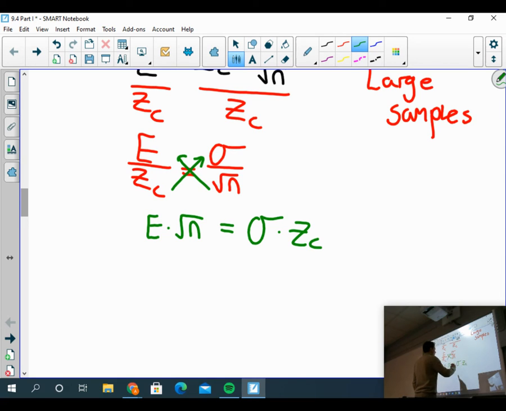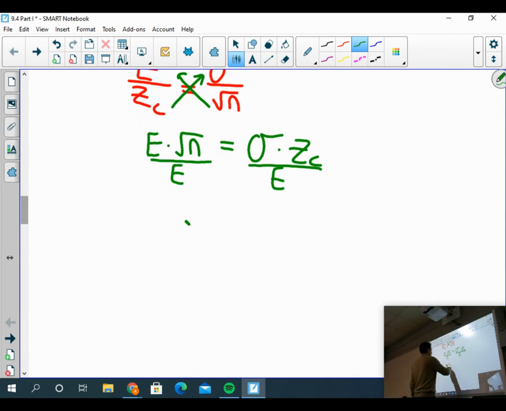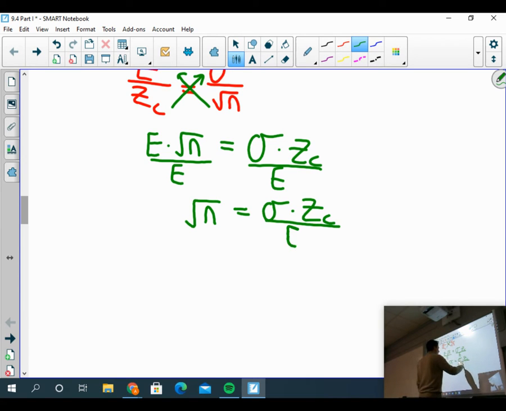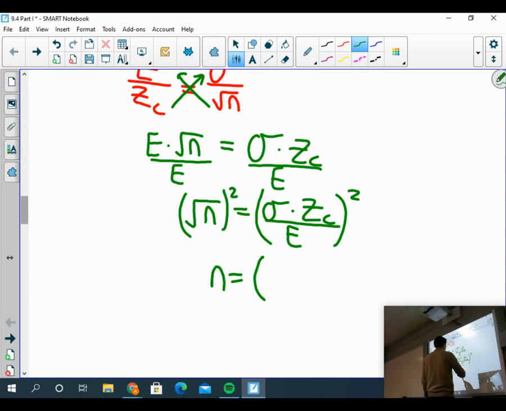And I'm trying to get n by itself, so I'll divide both sides by e now. And then, to get rid of the square root, according to algebra, I can square both sides. And we find that when we were estimating the population mean via a confidence interval,